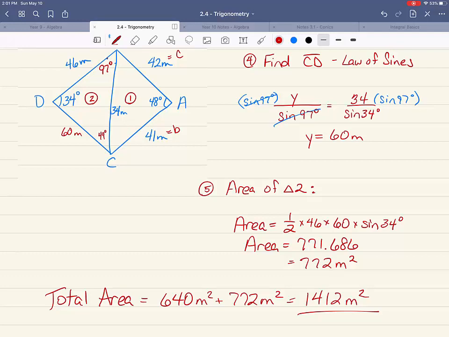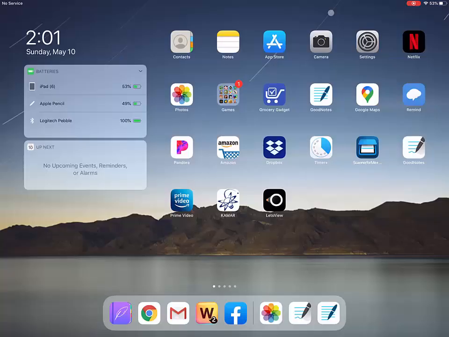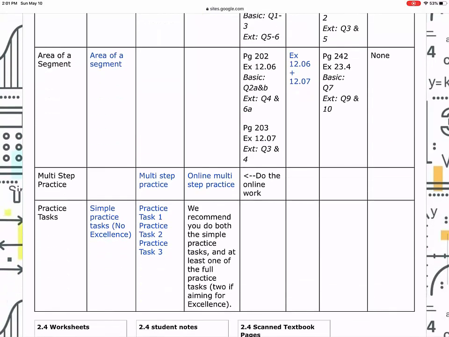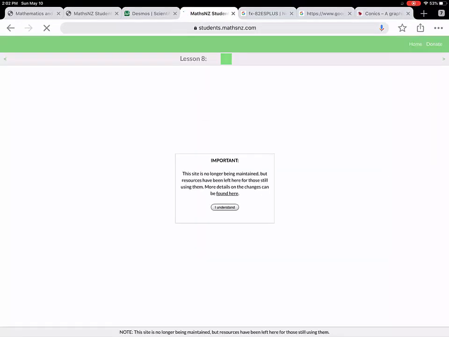Today's lesson is online, and it is not bookwork. It is actually a website that you're going to go to. So when you go to this website, let me show it to you. On this page right here, it says Online Multi-Step Practice. If you click on that, it's going to take you to this page called